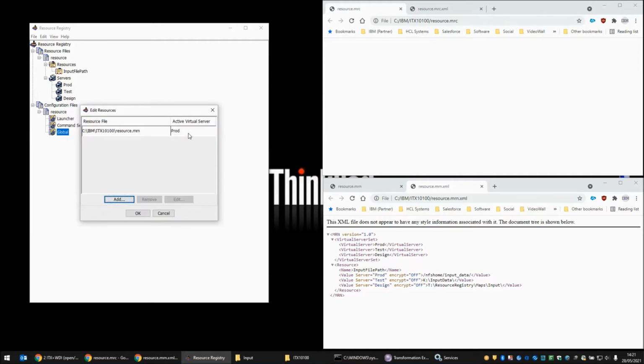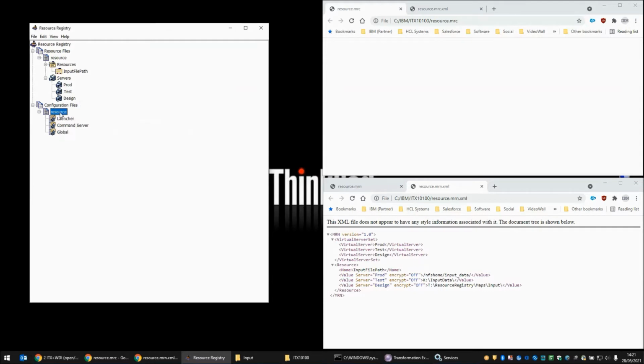Now it's also going to ask me which is the active virtual server for this environment that I'm working on right now. Now I'm going to say in this environment, which is my Design Studio, I want the design values to come back from the resource registry entries. So we click Add. I'm now going to right click on resource and choose Save,